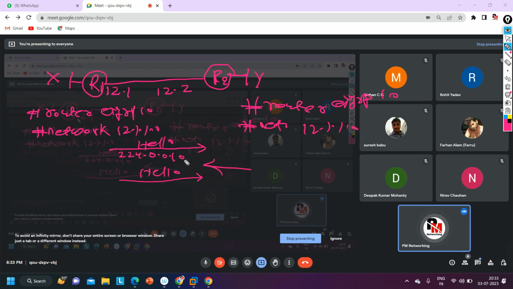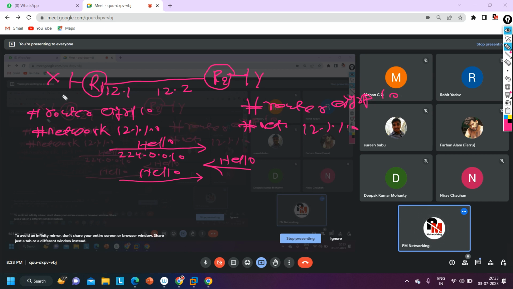When router 1 receives the hello message of router 2, which parameters will it check to decide whether router 2 will become a neighbor of router 1 or not? It should have the same AS number. That means the hello message carries the AS number, which is important information inside the hello message. After that, anything else? It should be in the same subnet. Okay, same subnet, very good.